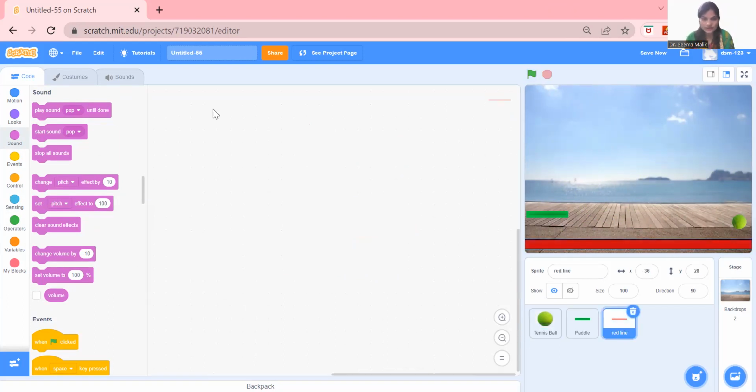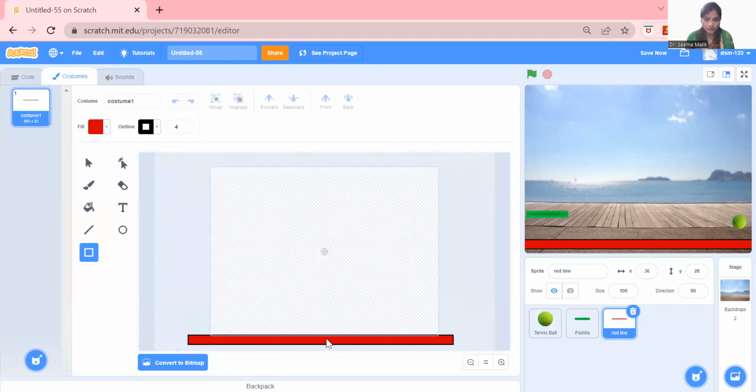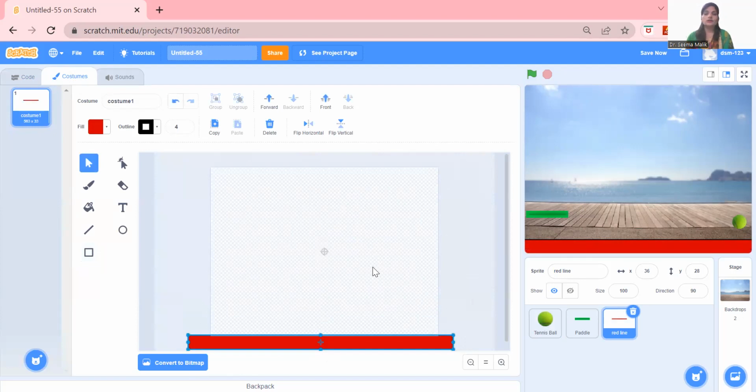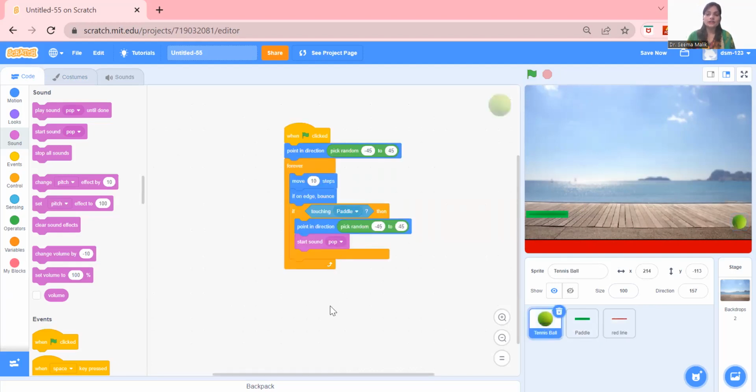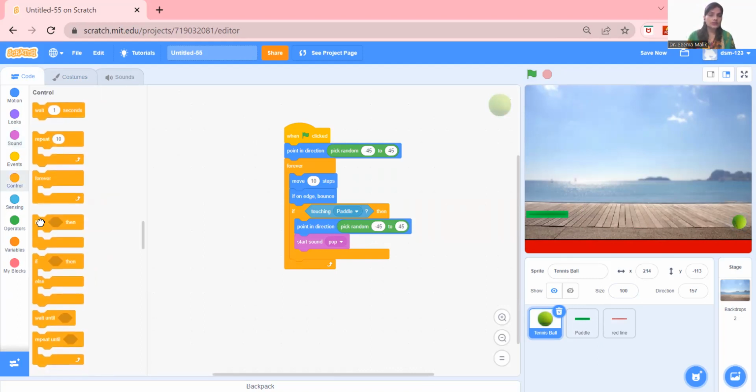So I click on this red line. Let me go and zoom. Let me clear it. Wait, let me select it and fill the below space. Now it looks better. Okay, now after this, I go on my ball again. I have to give a condition for the red line also to the ball. Now let me take if then loop again. I go on control section, and let me take if then, fix it inside the forever again,